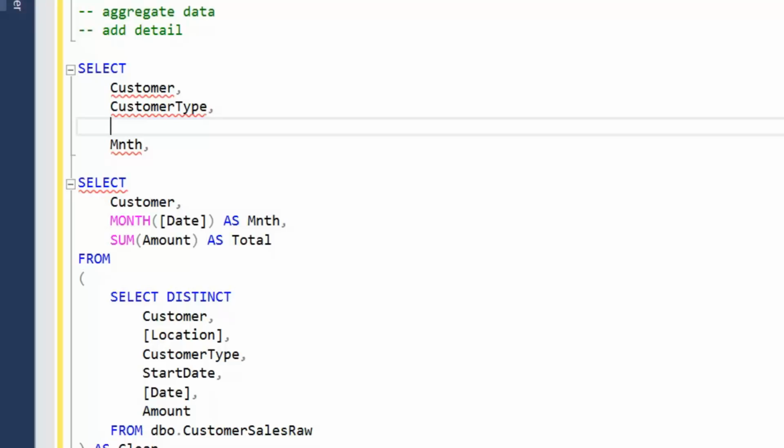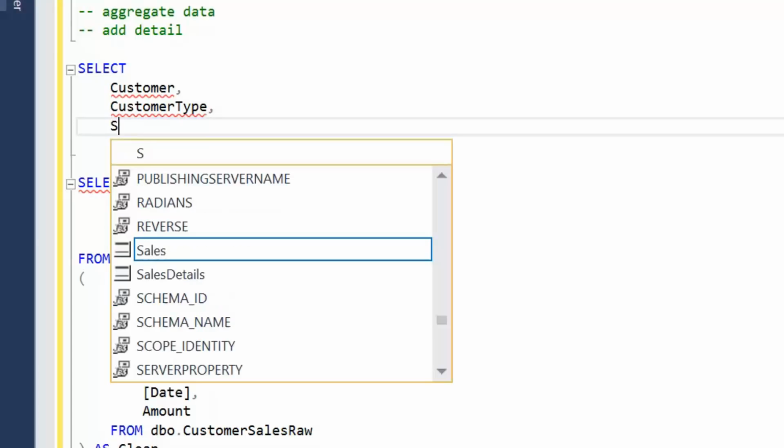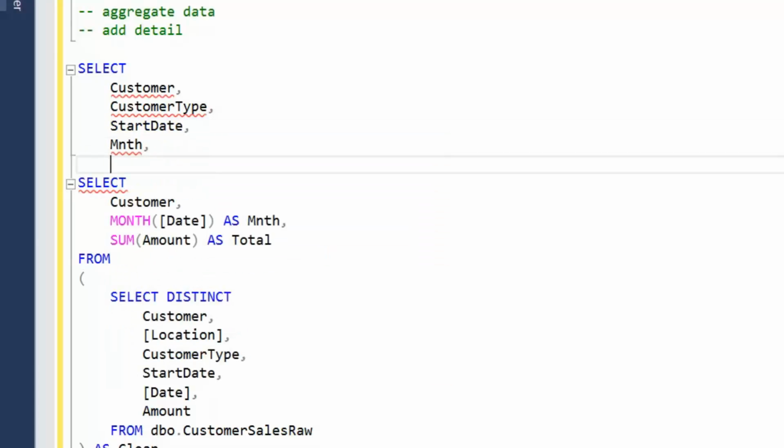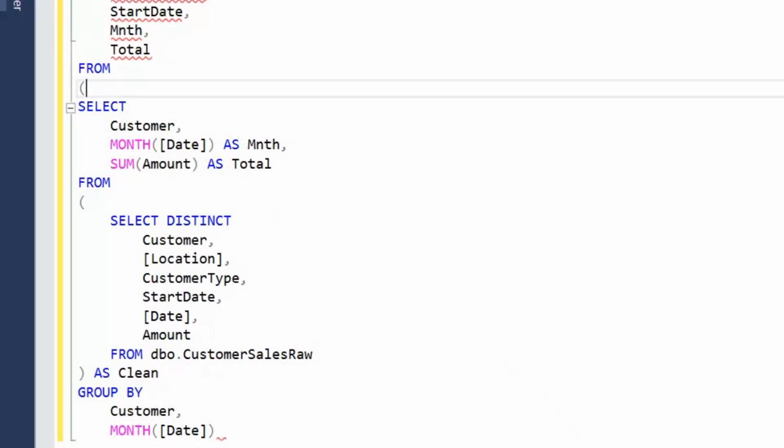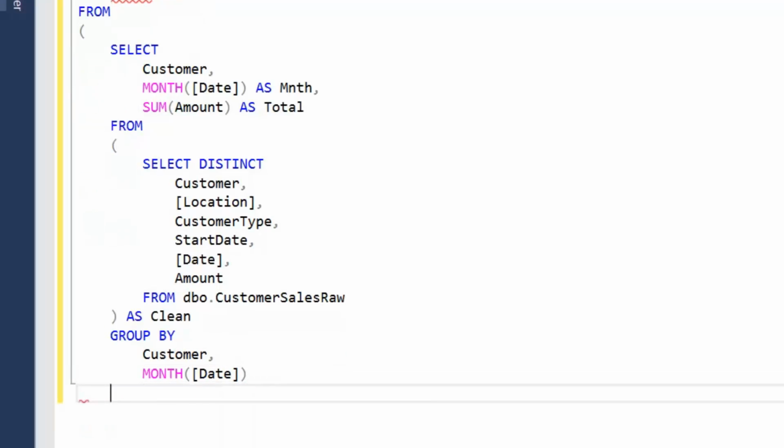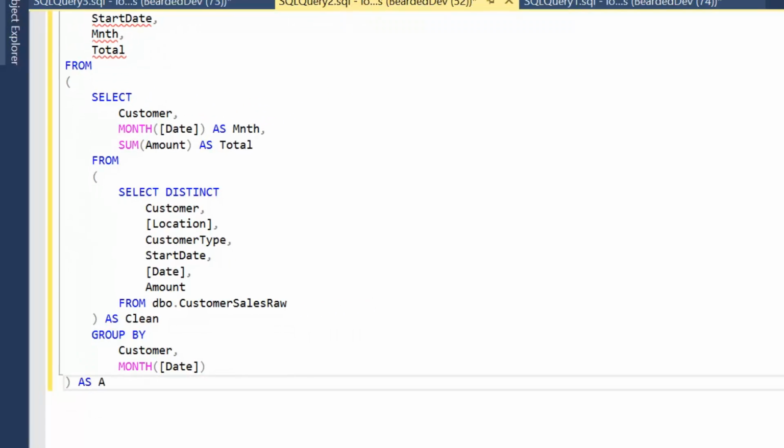But we need to remember that we haven't cleaned the data within a table, so we need to join to another version of the table. So we're going to be taking this derived table, this nested derived table, and joining to another derived table. So we want start date, we want month, and then we want total, and we want that from. And again, I'm going to add a layer of indentation to represent an inner query. I'm going to alias that as aggra. So we're taking aggra and we want to inner join